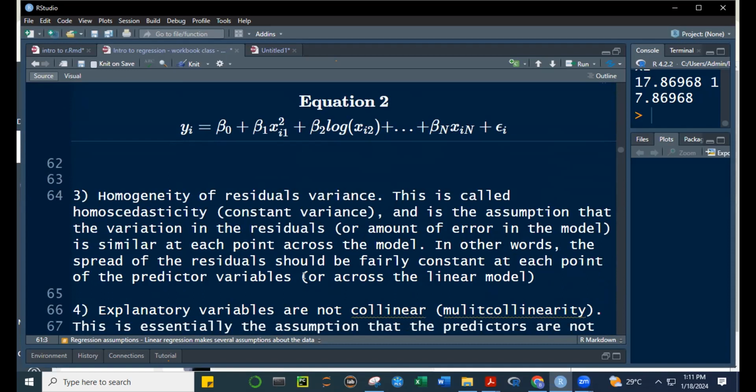Which means, class, that when we perform our regression model and generate our model, you're able to determine your intercept, beta null, your beta 1, beta 2, beta 3. We're able to determine the values of the parameters. It does not end there, class. Our model does not end there. We will have to diagnose our model and check whether there are violations of the assumptions. So for example, for the homogeneity of residuals variance, it means that when we plot our residuals, which we're going to do,